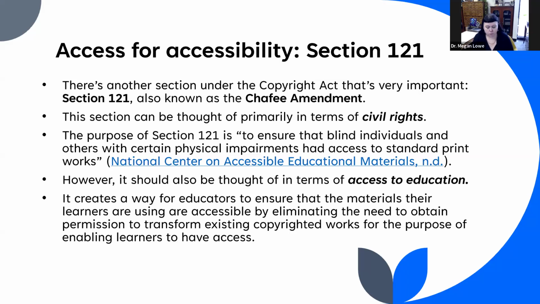However, Section 121 should also be thought of in terms of access to education. It creates a way for educators to ensure that the materials their learners are using are accessible by eliminating the need to obtain permission to transform existing copyrighted works for the purpose of enabling learners to have access.